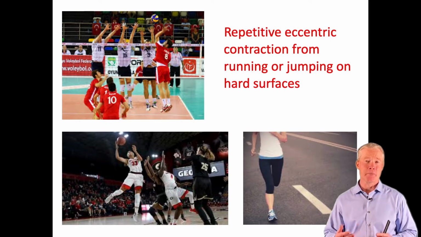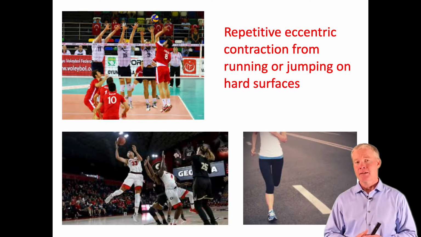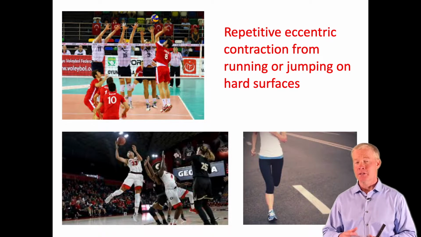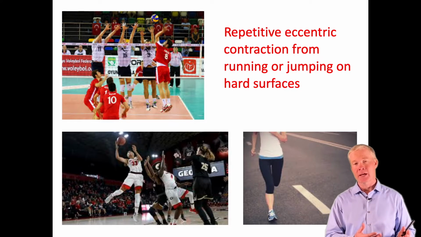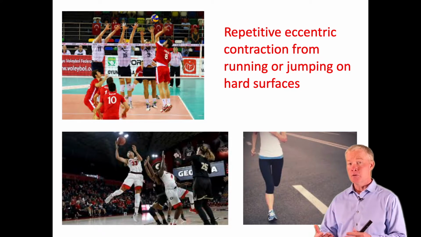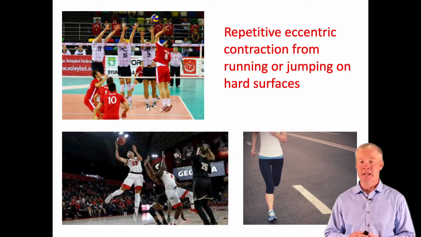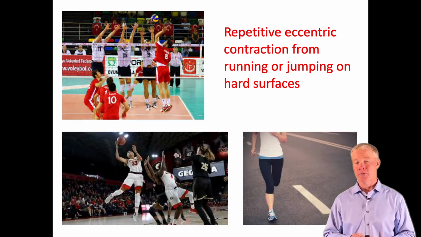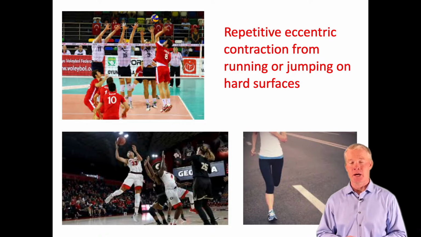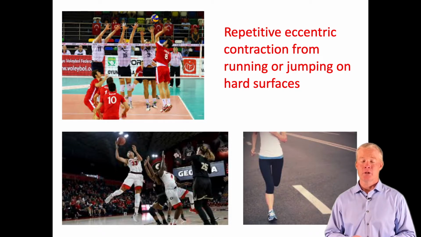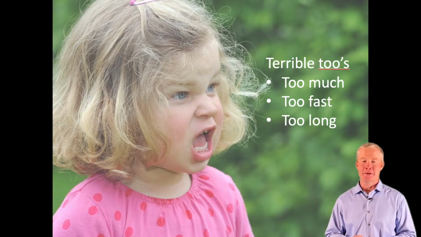One of the factors that compounds that is certainly activity. This time of year into the fall is when we see a lot of these injuries starting to ramp up because our athletes are transitioning from outdoor sports of softball and baseball into indoor sports of volleyball and basketball. And so as those sports start to ramp up and people are putting on more mileage as the weather turns nicer, those hard surfaces and constant pounding with eccentric contractions of those two muscle groups is what tends to cause the problem. And they broke the terrible twos rule: too much, too fast, and too long. And anybody knows that the terrible twos can be a painful process.